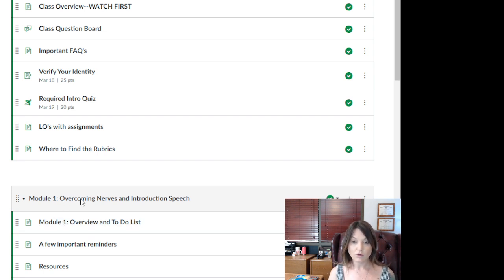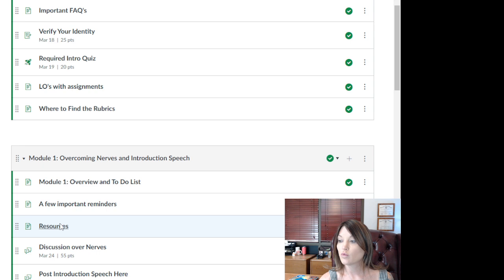You need to read through the directions and the requirements. There are topics there on a lot of the speeches. There are topics that aren't allowed, and you're going to find yourself in a situation where you're redoing an assignment if you post something that's listed on the do not do list. Then it's very obvious that you're not reading the resources. You will save yourself a lot of headache if you just read through the resources and watch the videos that I post.